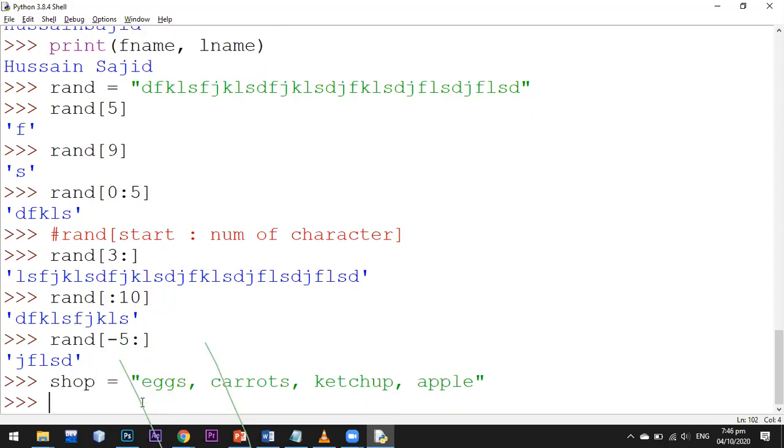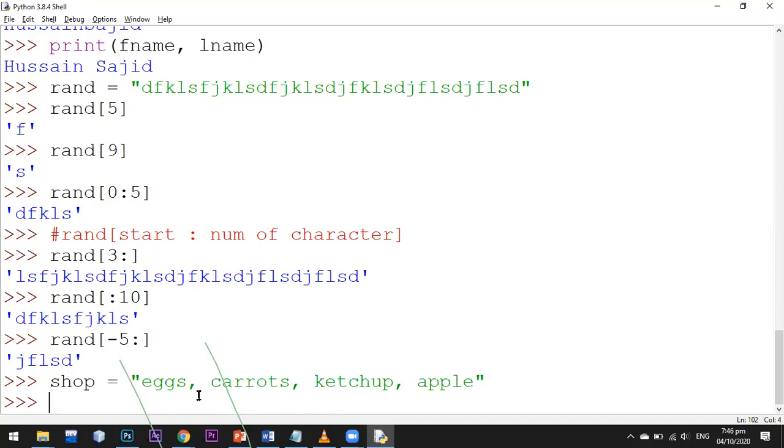Okay, so if I want to check how many items are there in my shopping list, I cannot do that. I cannot count them in that way. It is just a variable that holds 4 items, but there's no way in Python that I can count them.